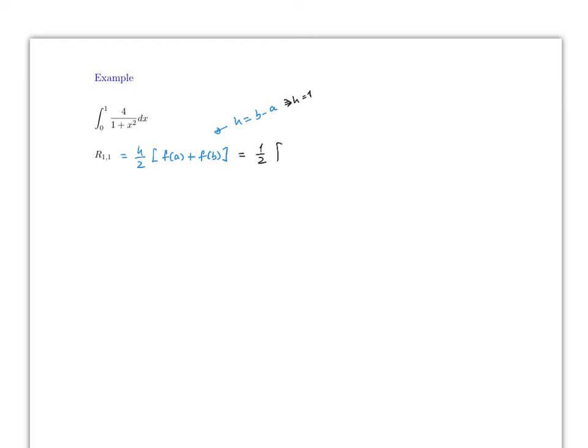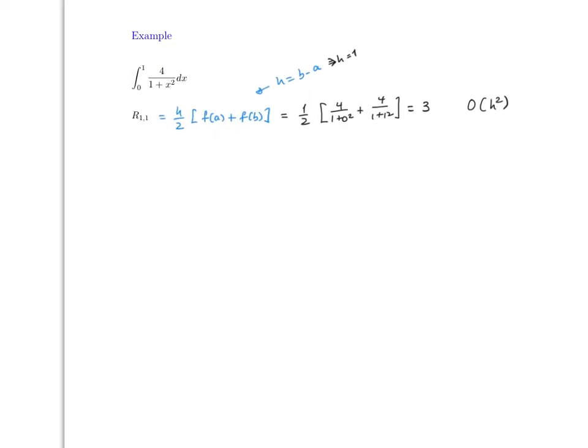And then this will be f of a, which will be 4 over 1 plus 0 squared plus 4 over 1 plus 1 squared. And this is equal to 3. So you should check that. And remember that this one is big O of h squared. All right, so then